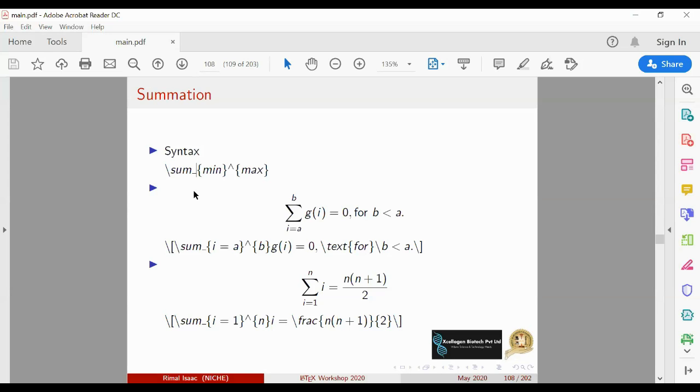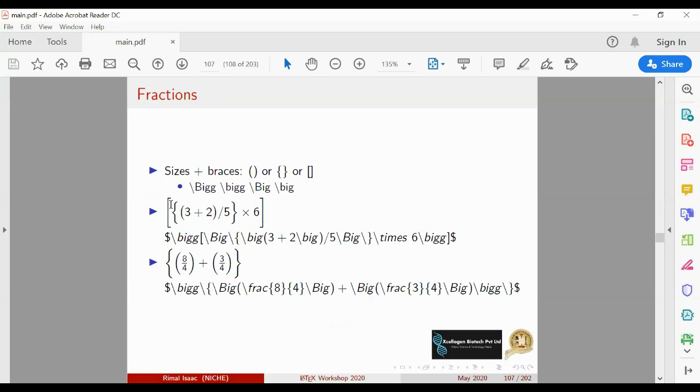There is another question: what does the square bracket indicate? That depends on your equation. I'm not speaking about the indication or what it defines, because that comes in your document. What you want to define, you can define. If you want to put a big bracket, this is the way you can put it.